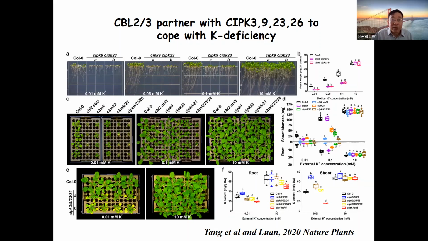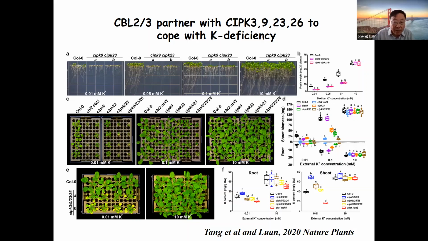Okay, so genetically, do they function in the same pathway? So we started to mutate those CIPKs to produce single, double, triple, and quadruple mutants, and then did a seed germination assay and the hydroponic transfer assay. In both assays, as soon as you delete at least 2 CIPKs, the more you delete among these 4 CIPKs, the more dramatic, the more severe the phenotype of the mutant became. In the germination assay, the double mutant already shows some phenotype. The triple and the quadruple mutants show an even more severe phenotype.